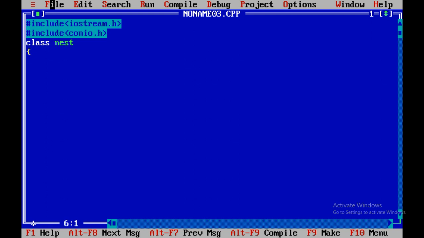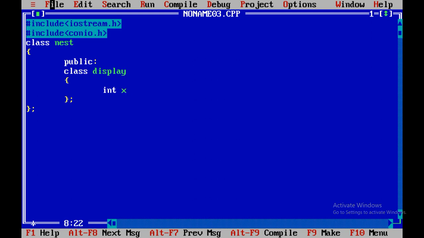Nesting of class is there, public class display, the class name, nest and display. In our previous example we have taken class outer and inner, and show outer and show inner are the methods declared inside the class. Over here we have taken two classes, one is called nest and other is called display.